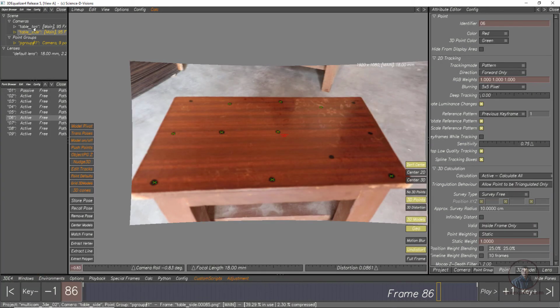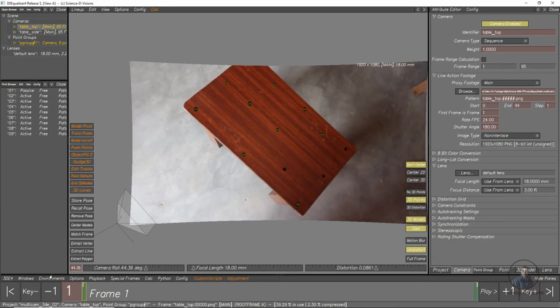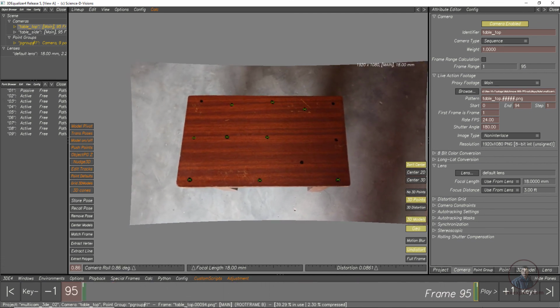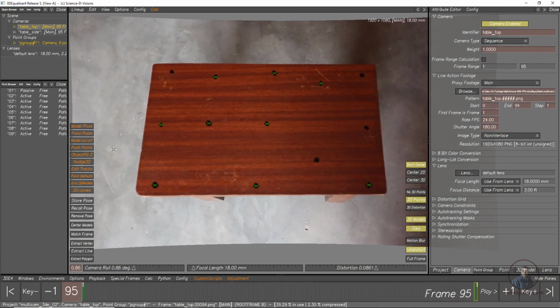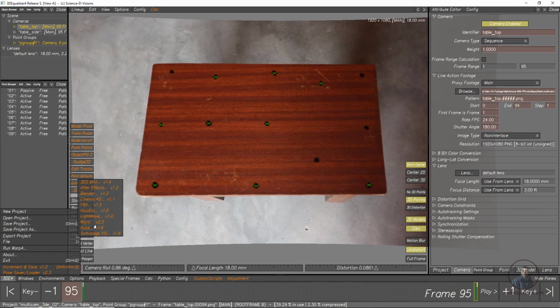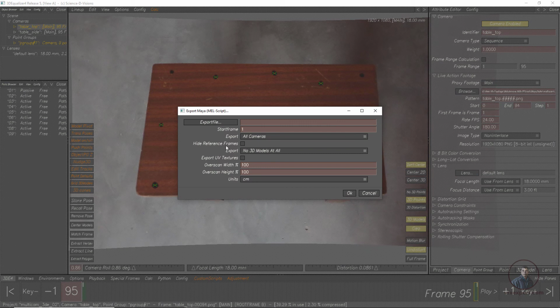Now just check on our first camera, double click here. So you can check this is our first camera here, or just camera 1. Now I am going to export this camera data for Maya here. Then click on 3D E4, export project, then click on Maya. Then here starting frame, this is important again. So here easily you can see my starting frame is just starting from 0.